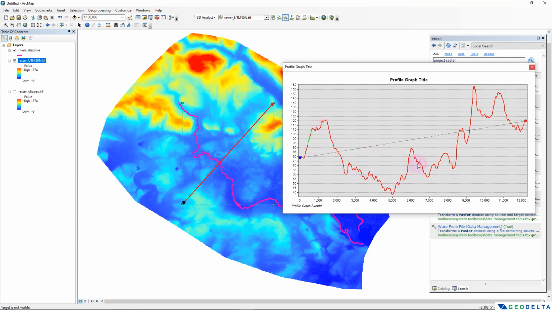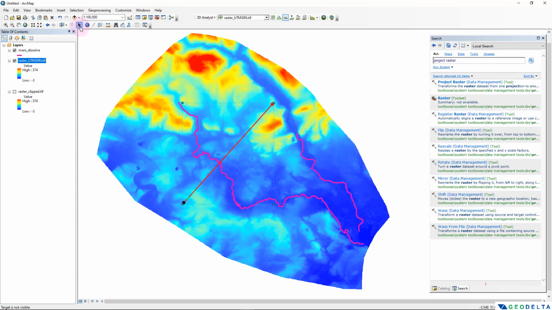So this is how the elevation actually varies across this. That's how it extracts basically the raster value which corresponds to each and every pixel which gets crossed by this line of sight, and it creates this cross-sectional profile. Now what I can do is I can actually select this line of sight and delete it,